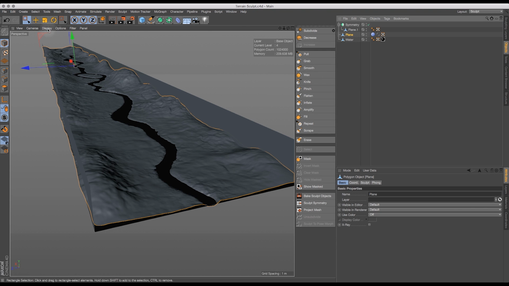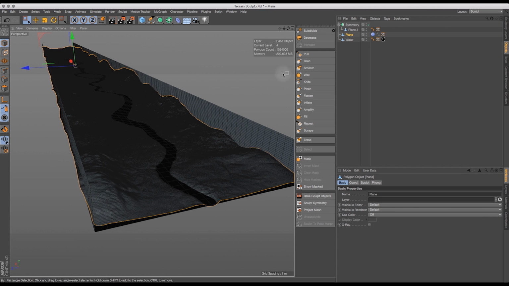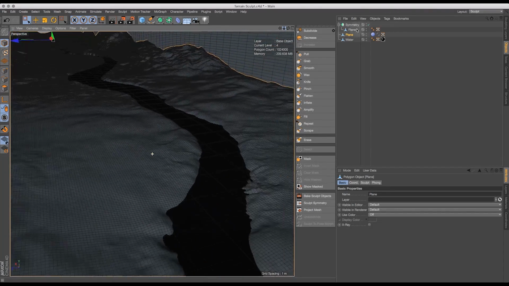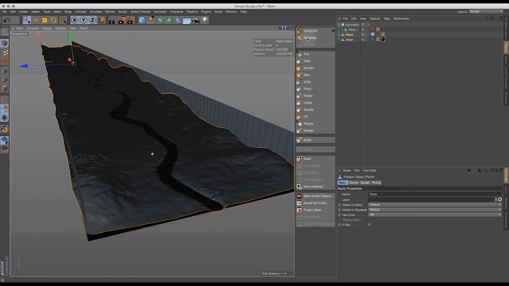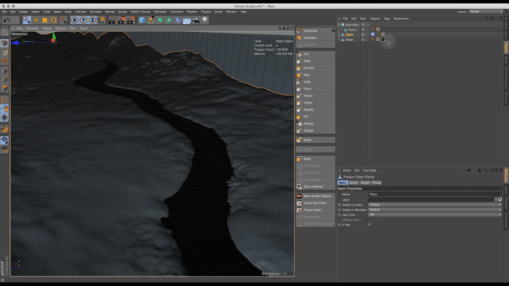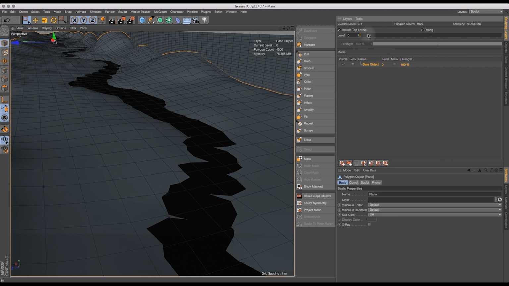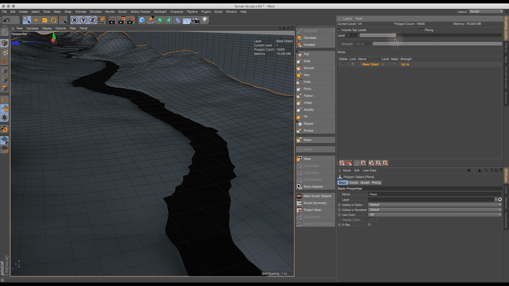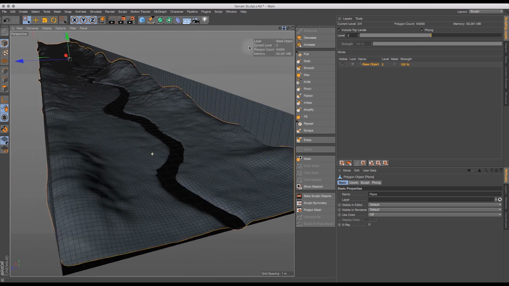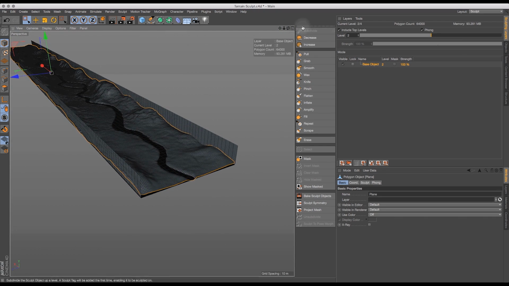So we just put the shading lines on. That's the kind of finished polygon count, which is still not terribly high. But what I probably need it to do, rather than go from 0, is probably at least go from stage 1, if not 2. Although that's going to be kind of a dense mesh in the